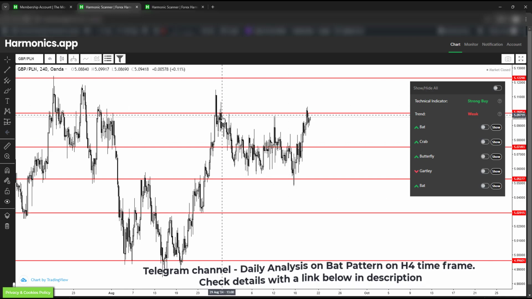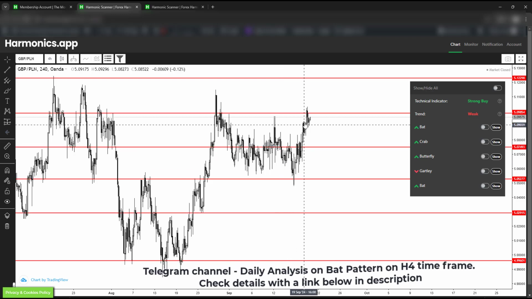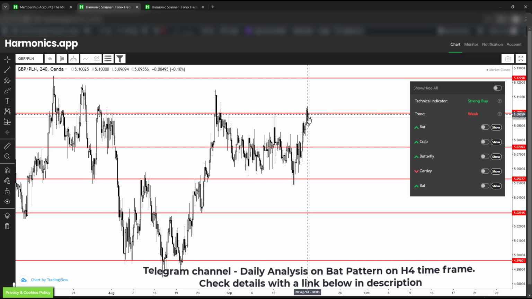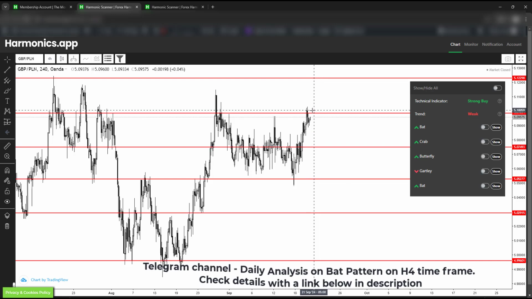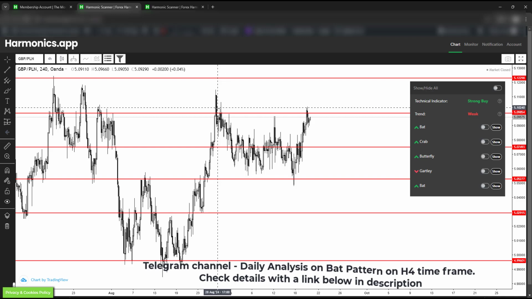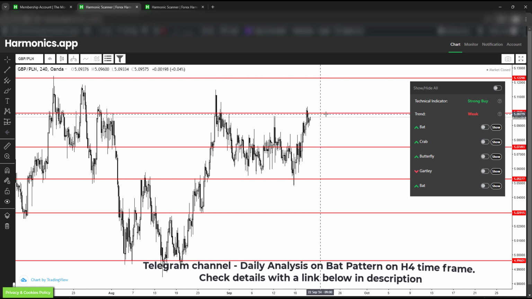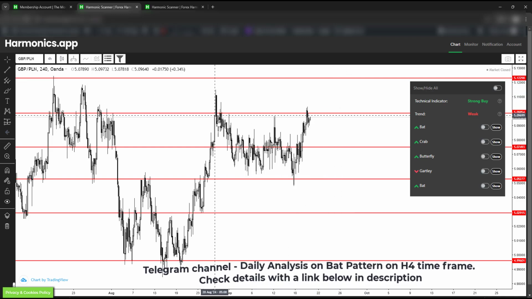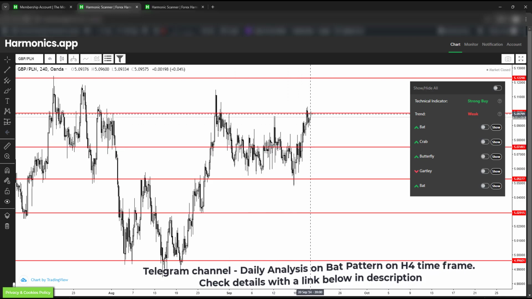Currently, what I can see is the price fell down and then moved sideways, and has now returned to the potential reversal zone. After that, I was expecting that the price would continue to fall. Currently, the price is holding for a while at this resistance level, and it is still valid for trading because the price did not make a bearish breakout above this one, which would suggest a potential move upwards. So I'm still following this bearish bat pattern that has been formed and also shared with the traders inside the